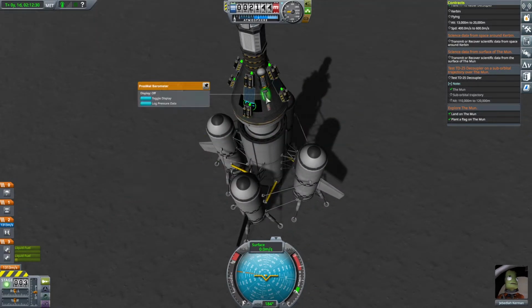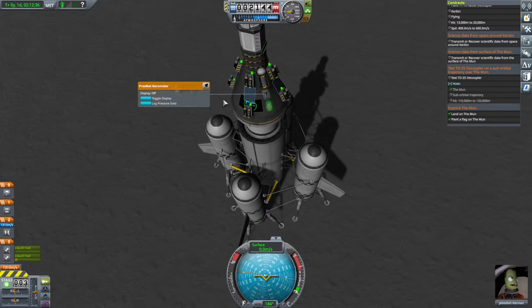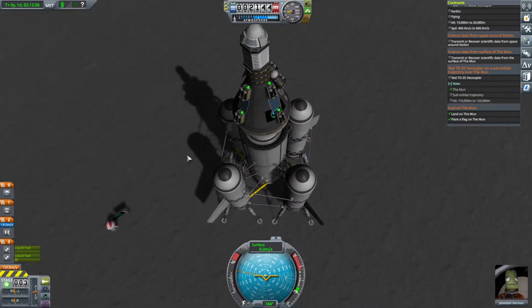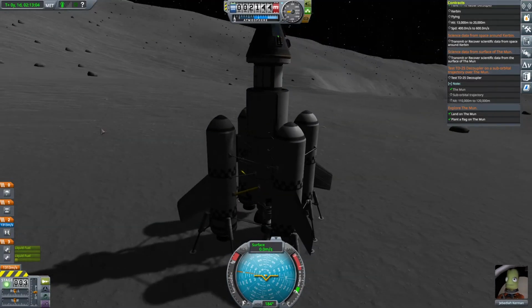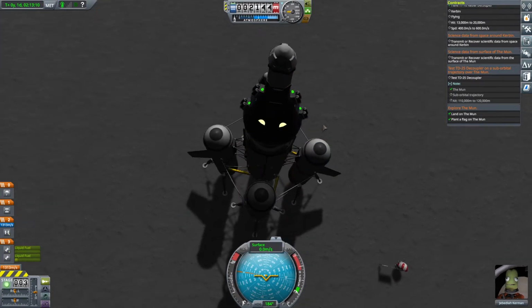Anyways, what we could do, do we have an antenna that even reaches home? I mean, in theory, we don't need to reset the barometers and stuff. We have this data in here, so if we physically recover it, we're going to get the on-top data from it, and we should be able to just log that and transmit it. And the on-top 24 we should get when we bring the rest of the experiment home. Okay, yeah, that's what I thought. We don't have an antenna on this thing. How did I forget about an antenna? I mean, I guess I was planning to bring back the research all along and hopefully not explode with it. Fingers crossed, but, well, you know, that is now a bit...